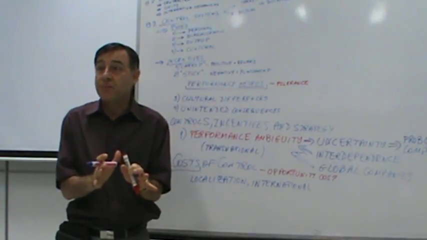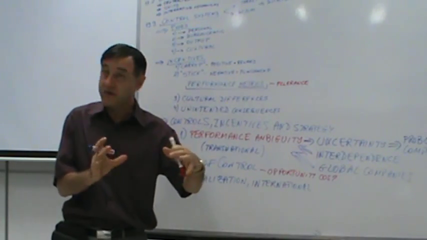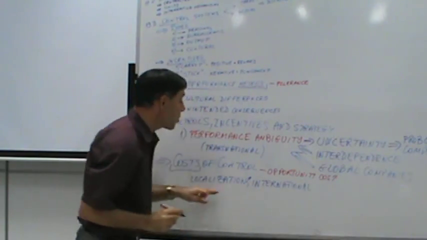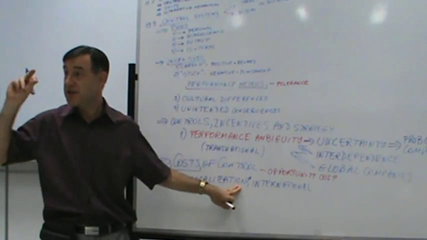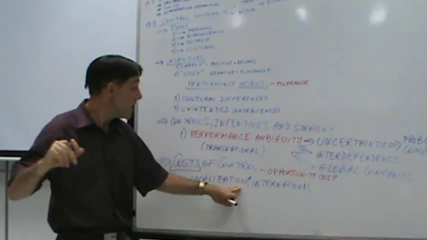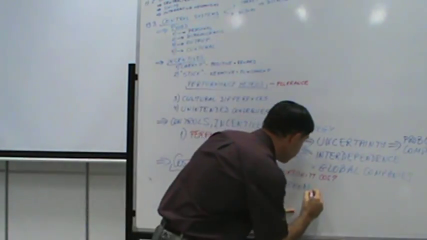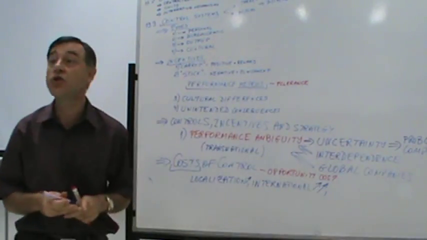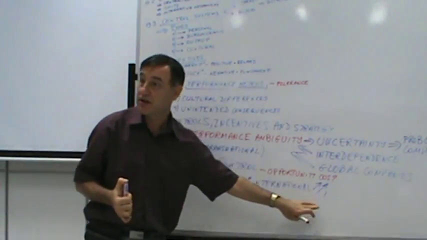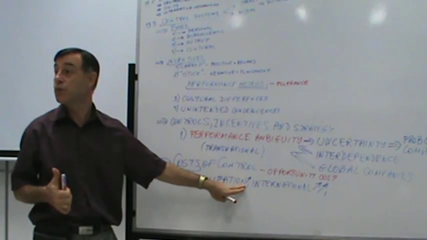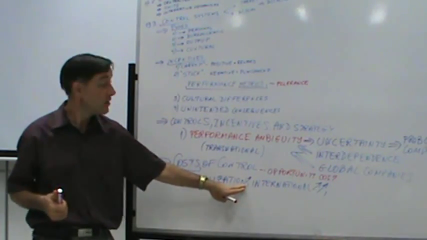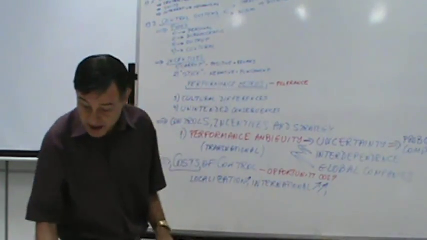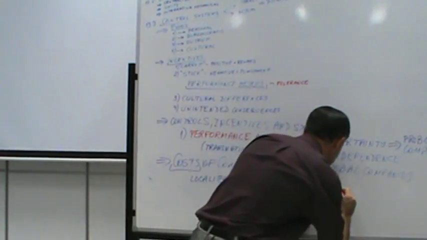So, if you're a local company, you have certain costs of control. If you have localization strategy, your costs of control increase somewhat, a little. If you have international company and strategy, your costs of control increase moderately. Low, I designate with one simple arrow, right? Moderately, I designate with two arrows. If you have a global,